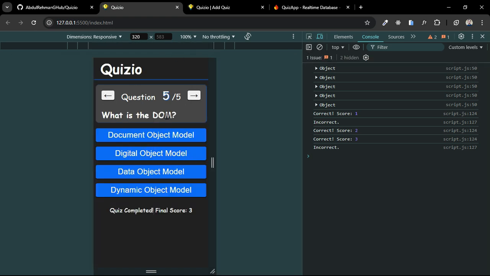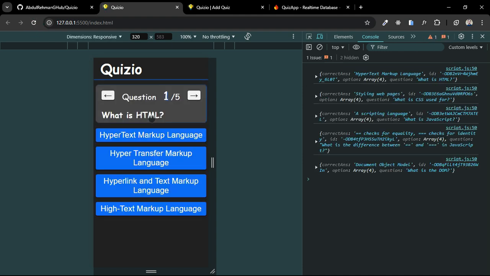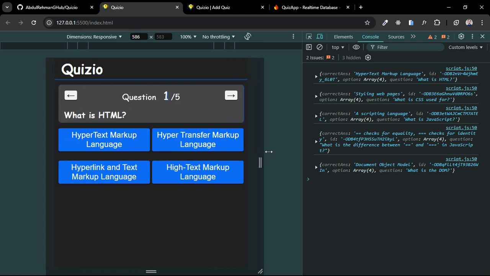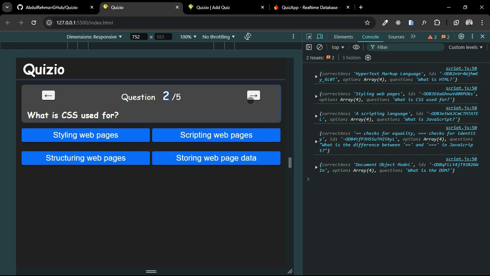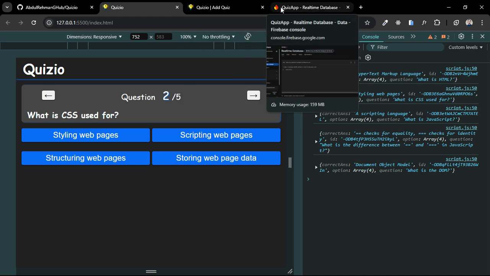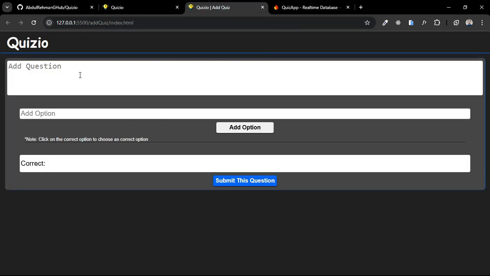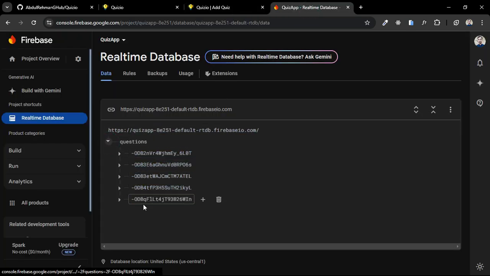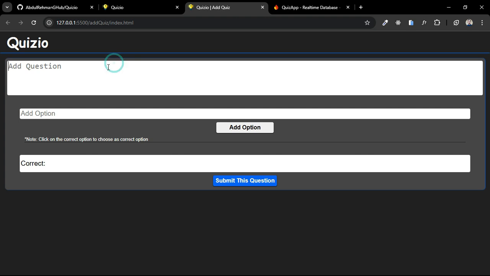So you can see this site is completely responsive. I'm going to refresh this site and you can see this is an interesting loader I have used on this site. Okay, I can click on this button and I can solve any of these quizzes. So I have added these quizzes by Firebase database, and on this page I can add more quizzes. Like there are some questions, 1 2 3 4 5 quizzes, and if I want to add more quizzes, like